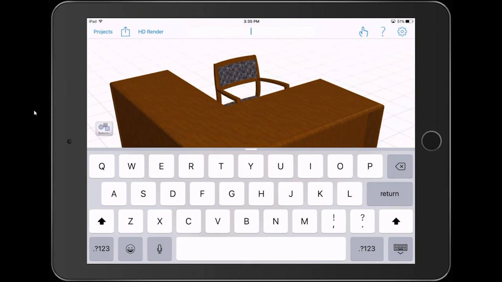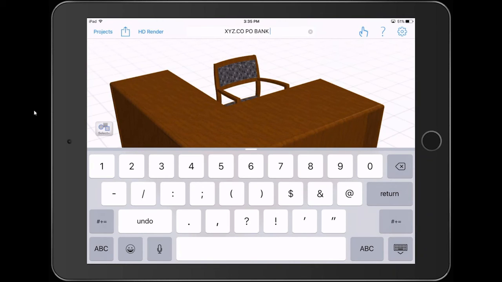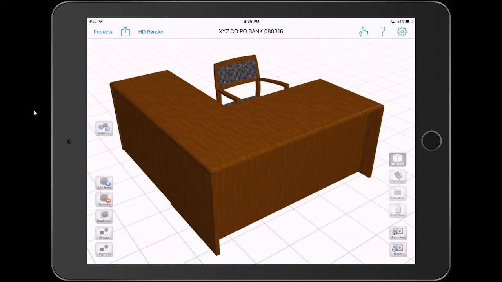Now I can name it whatever it is. XYZ company, and this is private office, and we can say it's for a bank. Okay, however you want to name it, and this was done on August 3rd, 16. And there you go. So I'm pretty satisfied with that. I can go ahead and create that wonderful rendering. But that's basically how you can create your own unique standard typical set